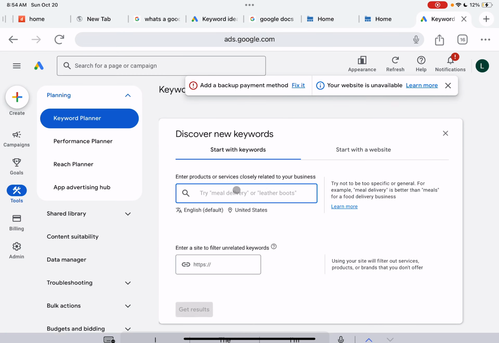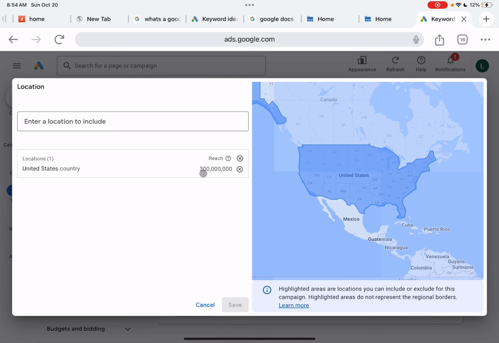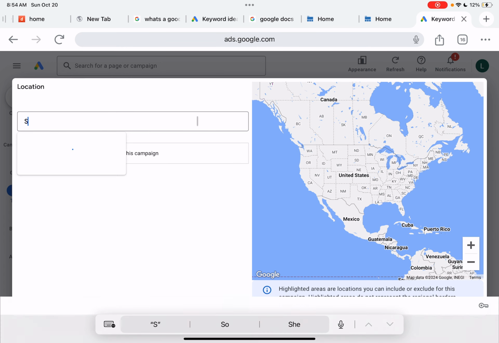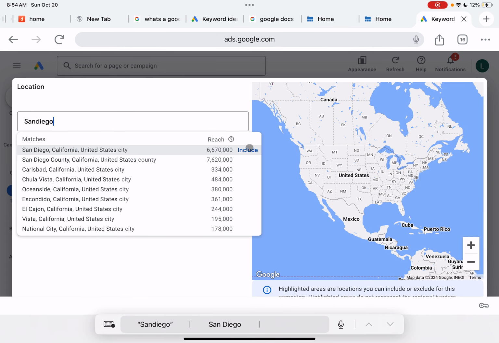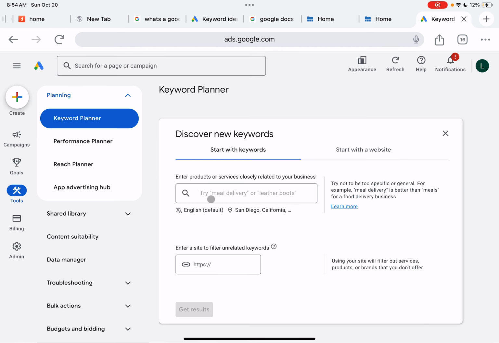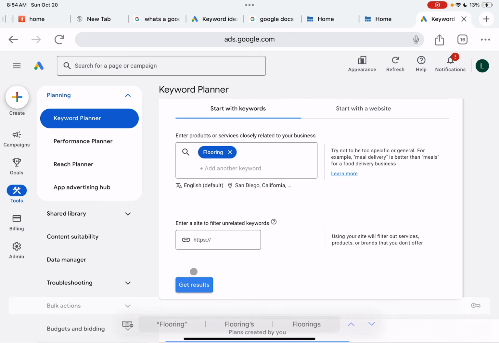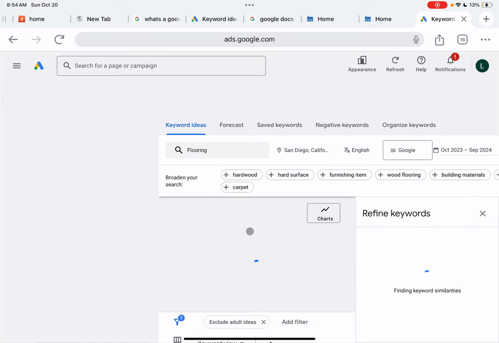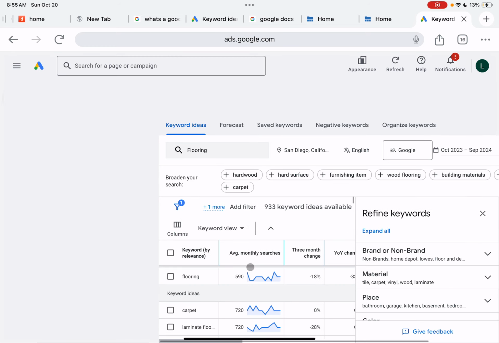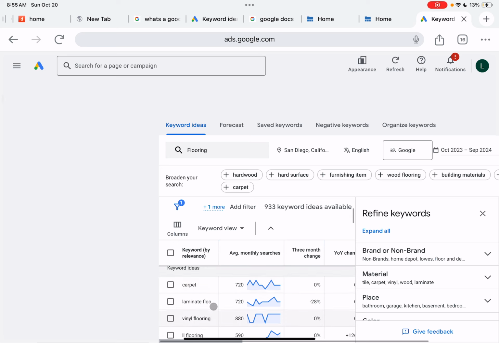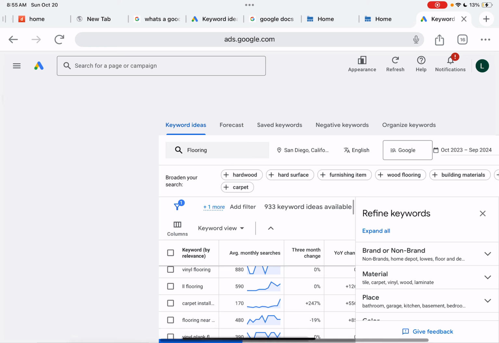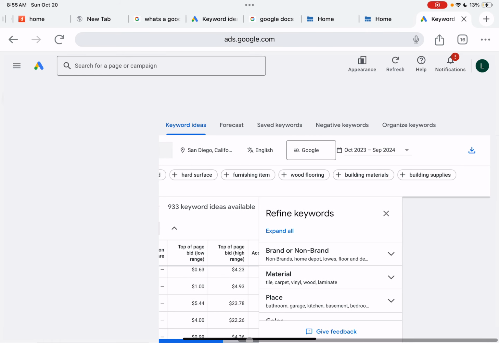Okay, then I like to do discover new keywords. I like to put the city I'm marketing in. So let's say San Diego. I like to put the main niche, the main service that I'm providing, whatever that may be: flooring installing, hardwood floor installing, right? Carpet, laminate flooring, vinyl flooring, carpet install. See, these are all the services that you could provide for your business. And what it's going to do, it's going to show you what the maximum cost per click bid limit actually is. If you scroll over here,